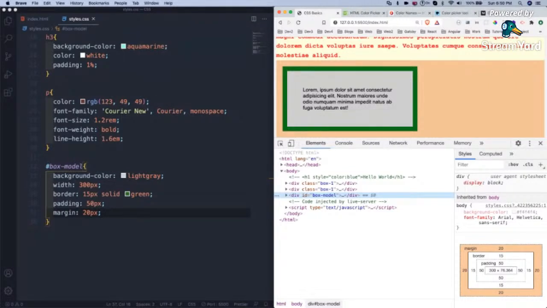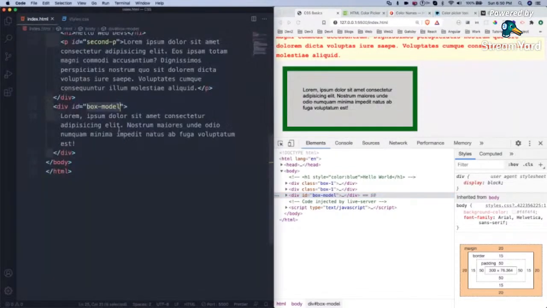Margin and padding are very important properties, and there is a difference between them which we should know. The difference is that padding is around the content of the element. When I increase the padding, this gets increased. So padding is around the content of the element, and the margin is around the element, between surrounding elements. So the above div is the surrounding element. So it is the distance between them, the margin. Okay.